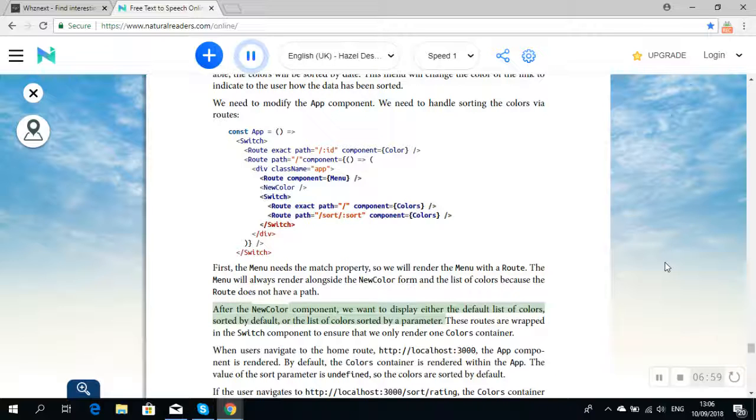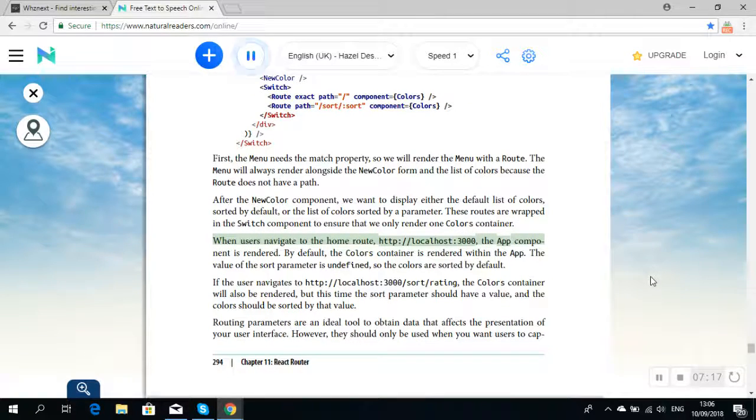After the new color component, we want to display either the default list of colors, sorted by default, or the list of colors sorted by a parameter. These routes are wrapped in the switch component to ensure that we only render one colors container. When users navigate to the home route, http://